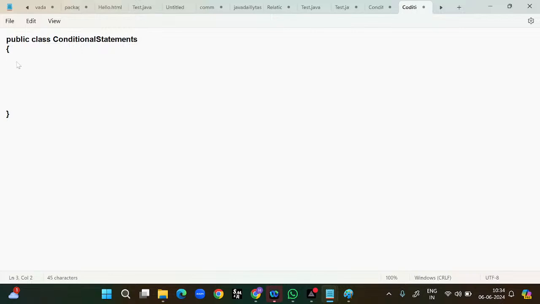Any program's execution starts from the main method only. For that purpose, we will take the main method: public static void main(String[] args). From here to here, this is the scope of the main method. So this much is already clear to you. Now what I am doing,